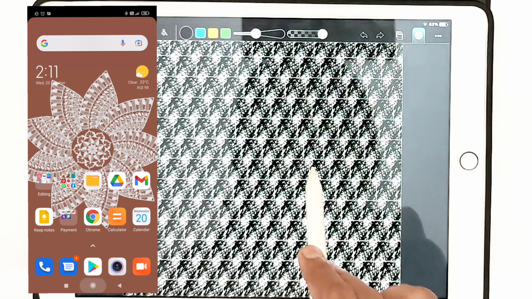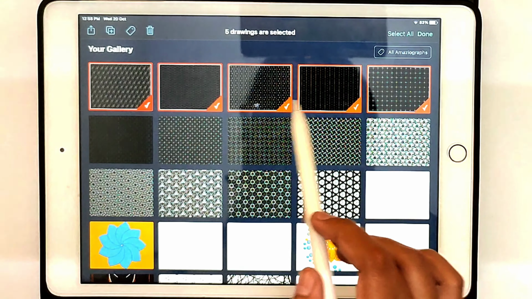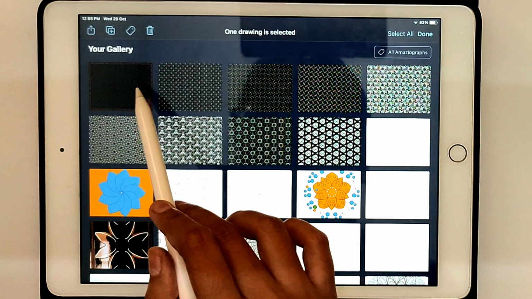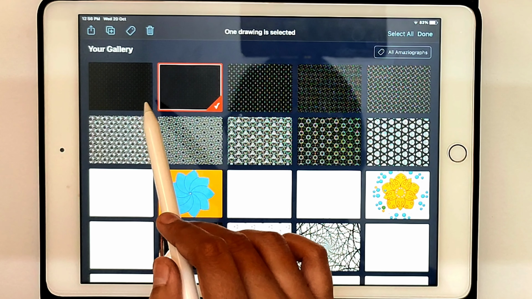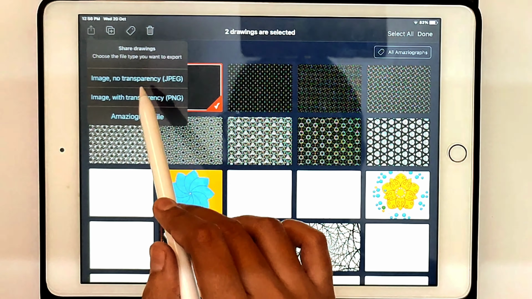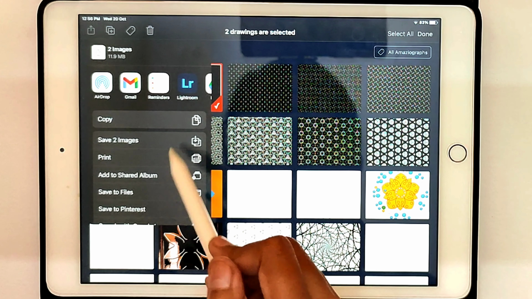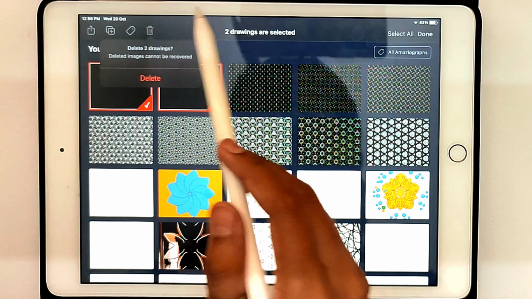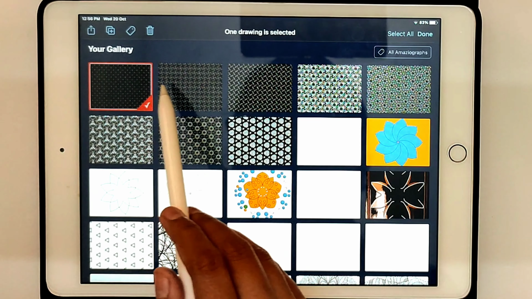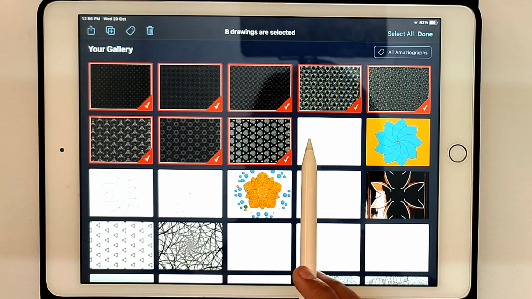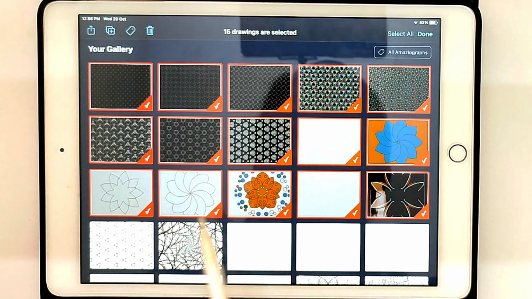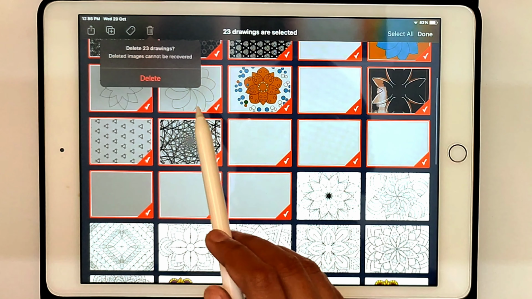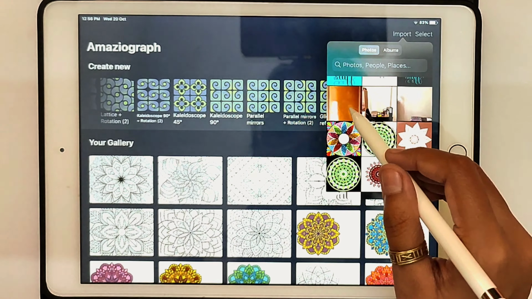For deleting any of the files, just tap on select, tap on the files you want to delete and click on the dustbin icon on the top left corner. You can also save and share your files or even make a copy of the files from the top left icons. For sharing your selected files, click on this arrow icon and your image will be saved or shared as per your preference. For making a copy of any of your files, tap on this plus icon and you will have a copy of the selected files. So using these icons, you can either save or share your files and make a copy or even delete them.